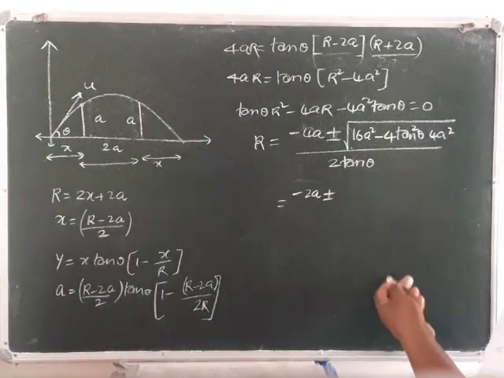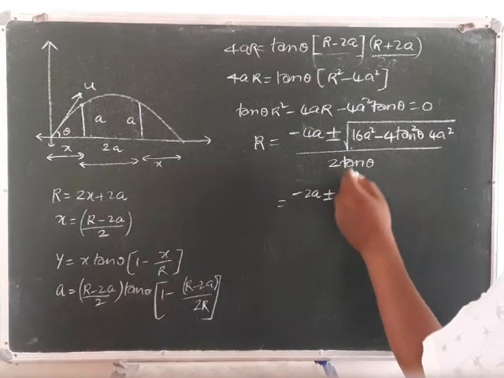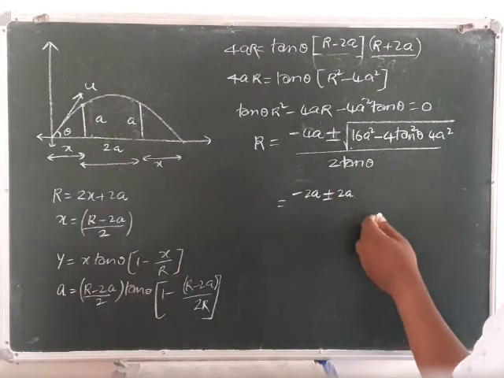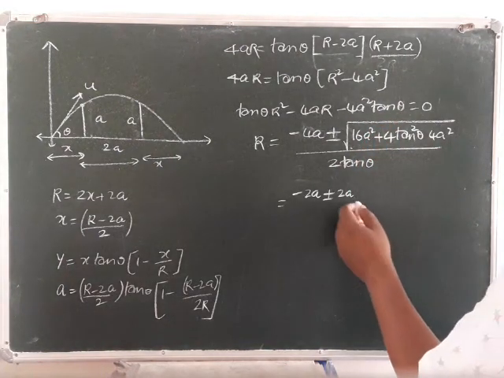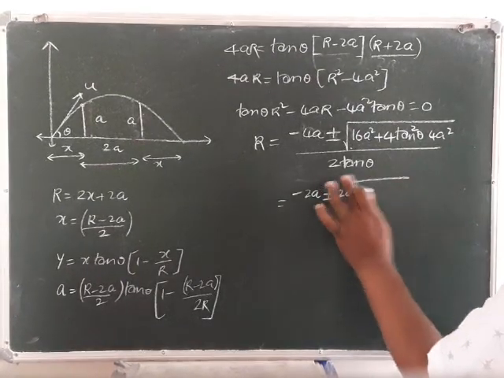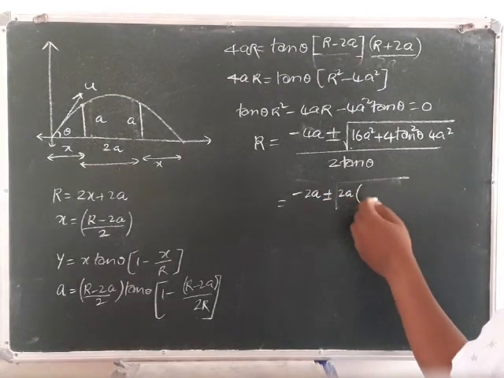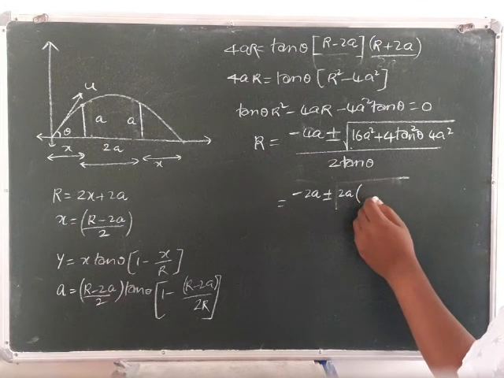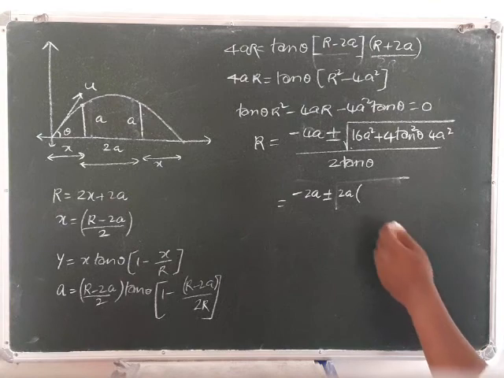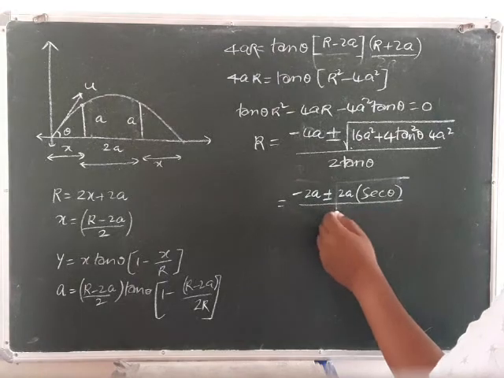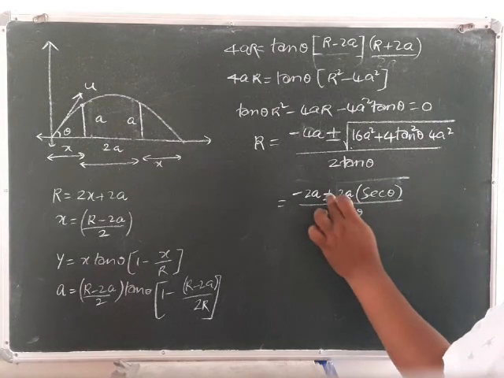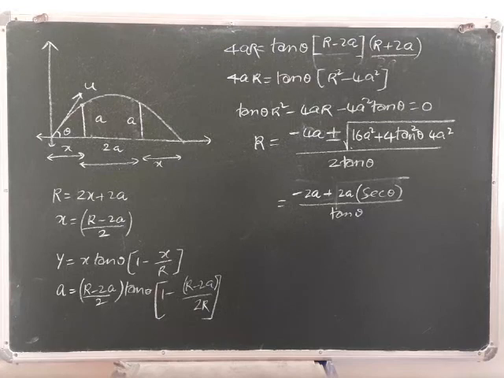plus or minus. Here also a, the remaining term is 1. Minus of minus 4ac becomes plus, then under root, if you take 2a in bracket, 1 plus tan square theta means secant square theta, and the root is secant theta by tan theta. Here the range is a positive value, so we consider only the positive value.